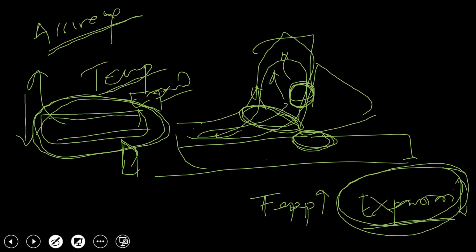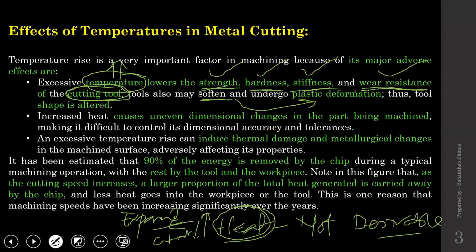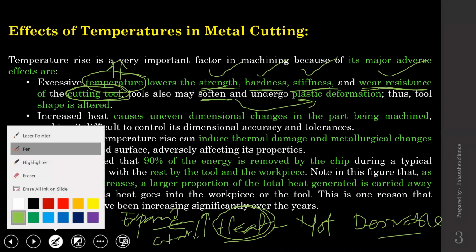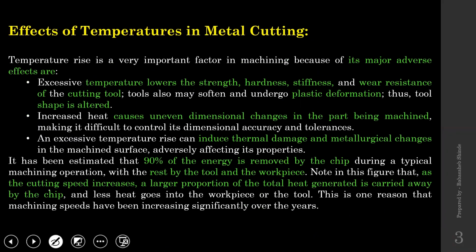Desirable dimensions will not be there. The dimensions would deviate from the actual value. So this could be another thing that will happen because of the temperature change. It causes uneven dimensional changes in a part being machined because of thermal expansion. Then next,